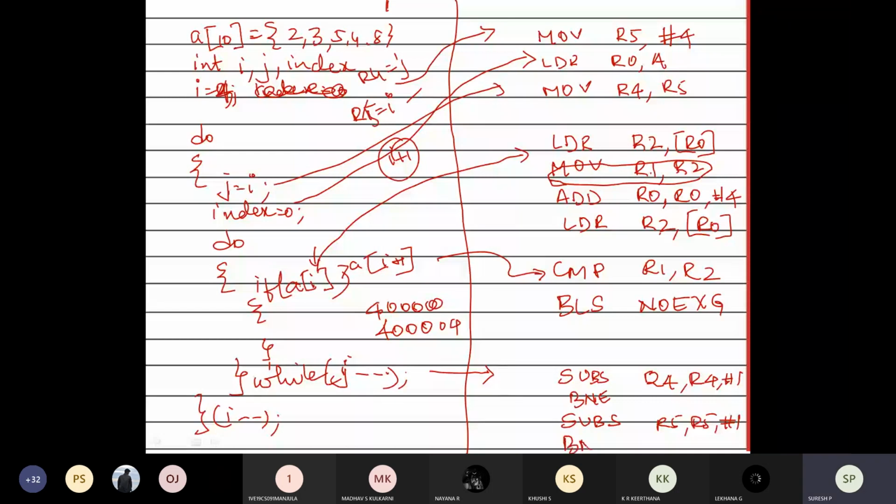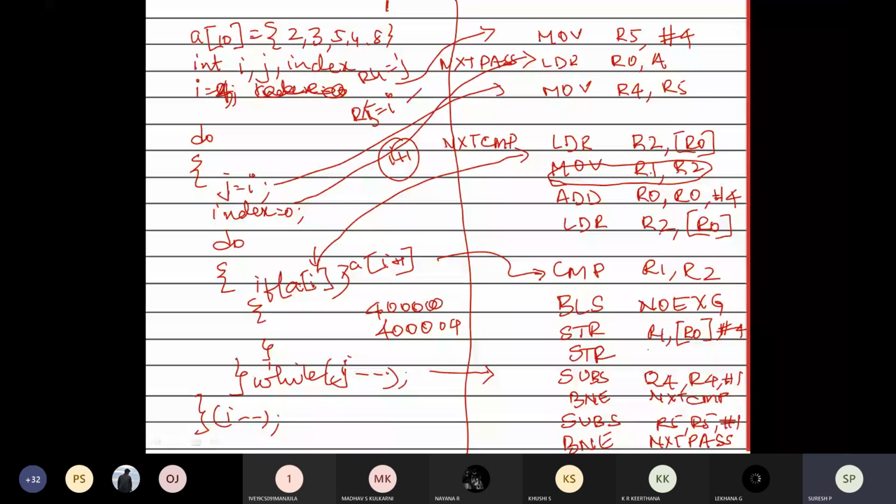The next pass will be where you are indexing your address. The comparison will start from where you are going to fetch the data. It is going to have the next comparison. In between, if you want to store the data, store the contents of R1 at R0, the first element with the second element. Again, you store the contents of R2 at the next address.